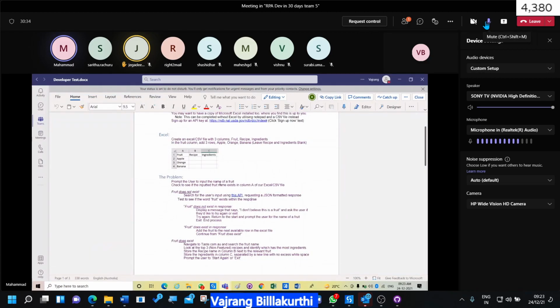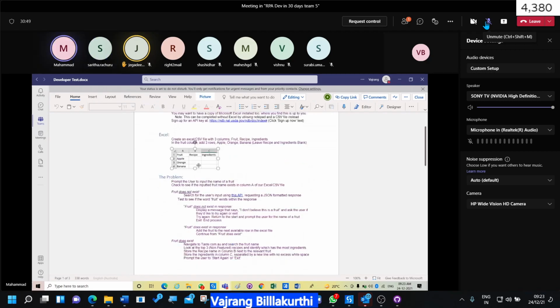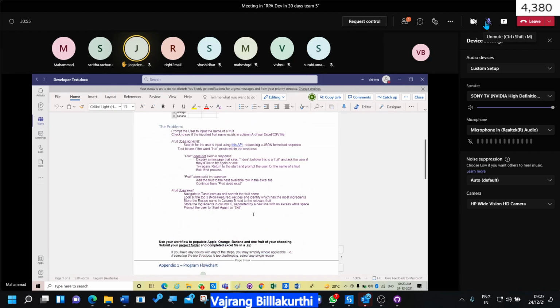We cannot check it otherwise, right? Whether the fruit is available or not, we'll come to know by using the HTTP request. By the HTTP request, we'll get one file. In that file, if the fruit is available, it will show. If it is not available, it will not fetch the data.